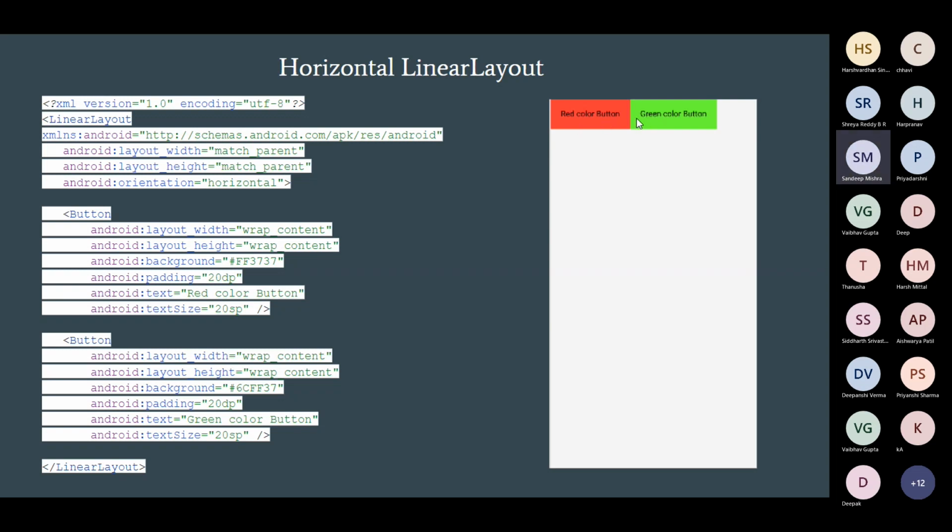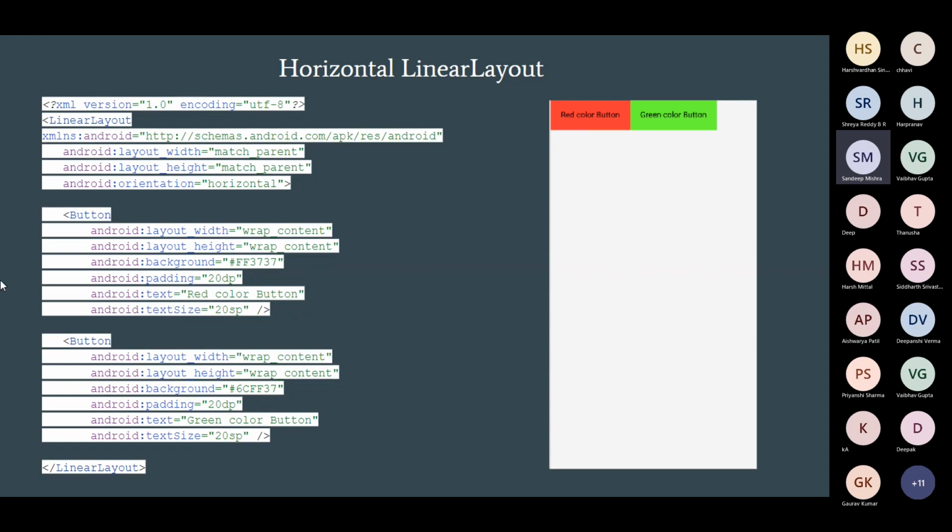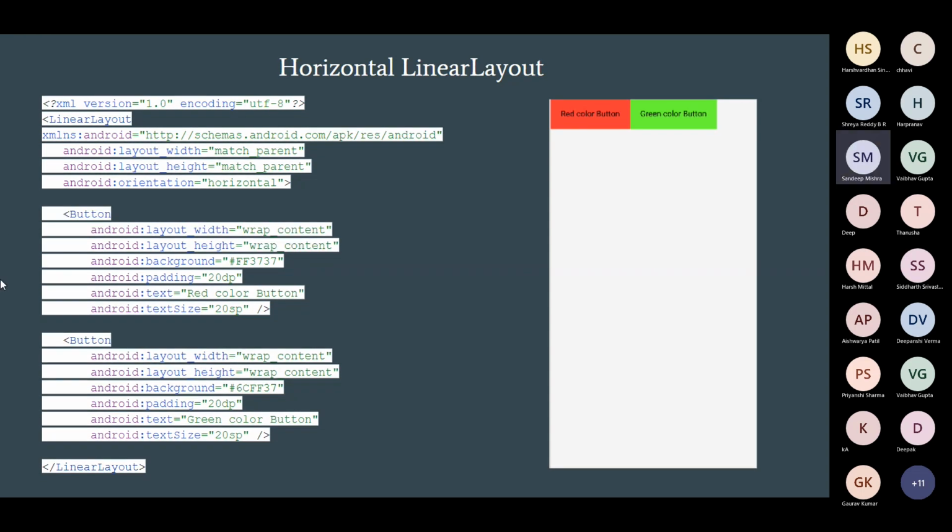Like it will take whatever size it needs. So I'm just writing the text called red color button, and I'm mentioning the size of the text as a text size. As I already explained in the attribute part, we can define the size of our attribute by android:textSize